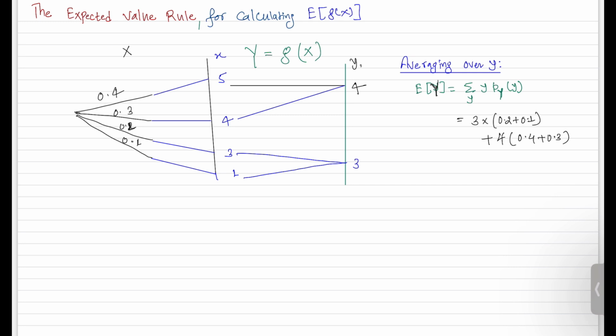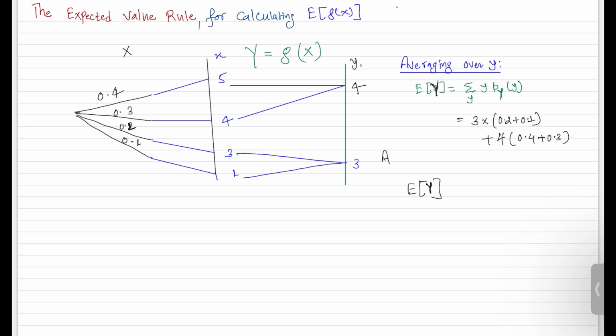But let's suppose we do not have the info about the PMF of this random variable y, or maybe without calculating the PMF of random variable y, we can still calculate the expected value of y. So y is a function of a random variable x, right? We just want to calculate the expected value of this function, of this real function. Let's look at another way of finding this expectation of y, the expected value of this random variable y.